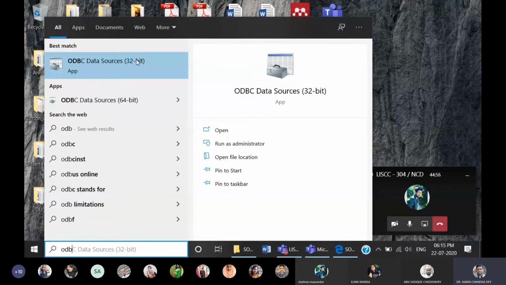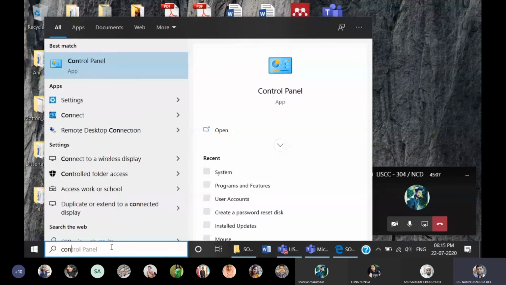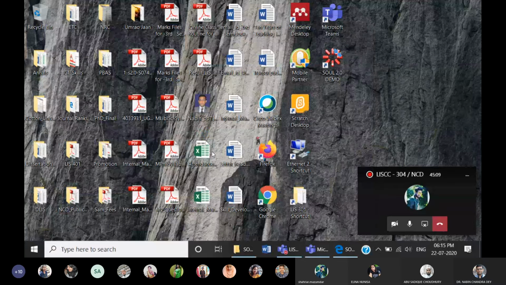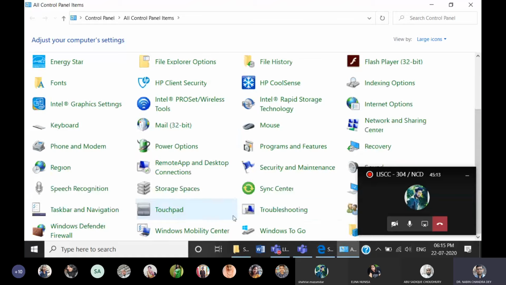If you remember, you can select ODBC data sources. See, it is showing 32-bit, 64-bit. See, Sol is 32-bit. I have to go with the 32-bit. So if you don't remember ODBC, you just go to control panel, system setup. Where is system?